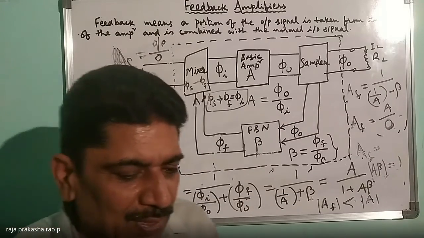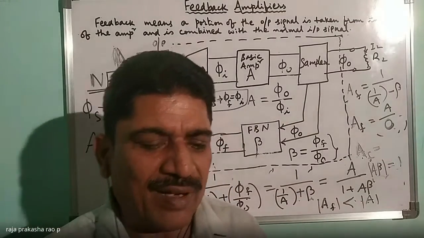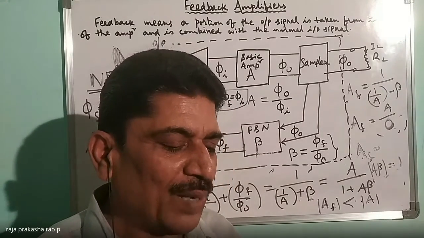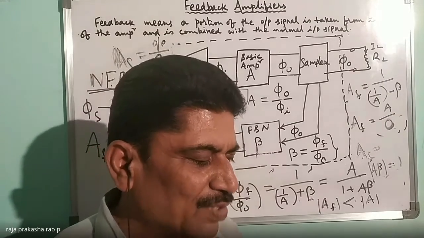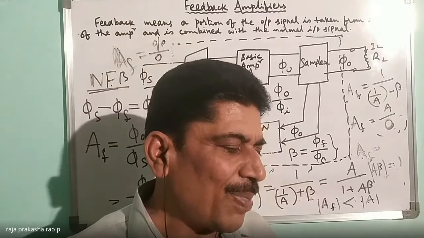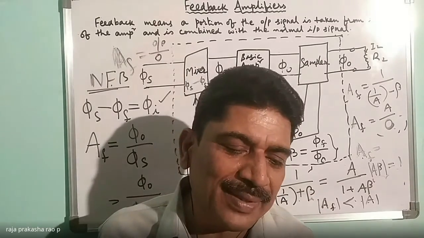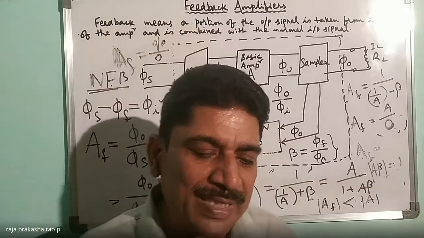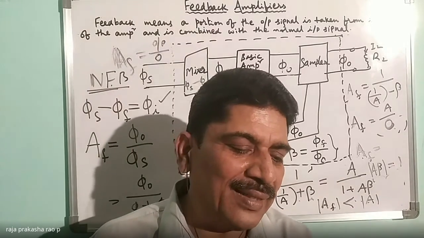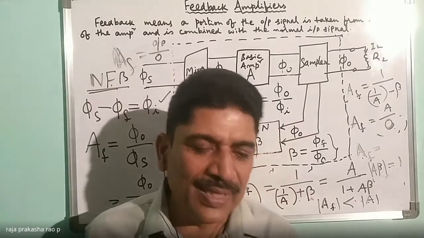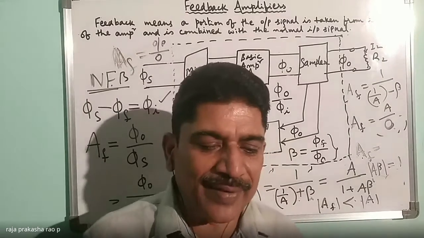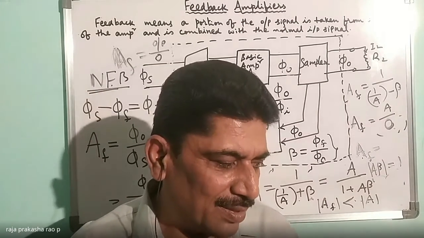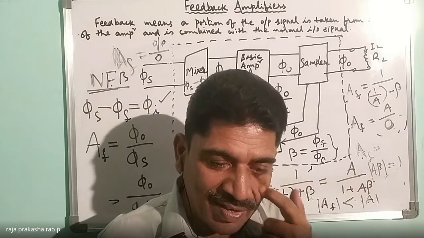Now, let us see the effects of negative feedback. What are those effects? They are quite the opposite. In positive feedback, we said it increases the instability. In the case of negative feedback, the stability will increase, that is, there will be stabilization of the gain. In positive feedback it reduces the bandwidth; in negative feedback, there will be an increase in bandwidth. There will be a decrease in distortion, and noise will also be decreased. So these are the 4 effects of negative feedback.